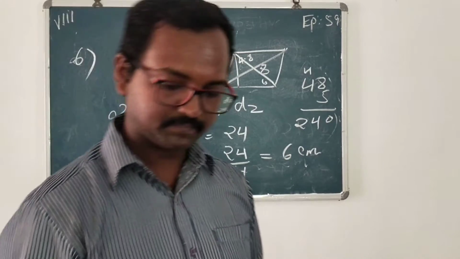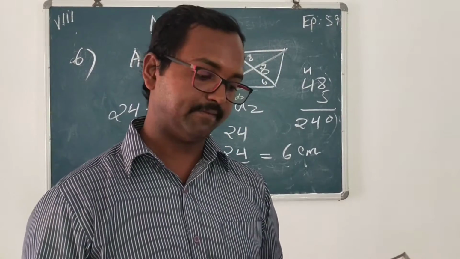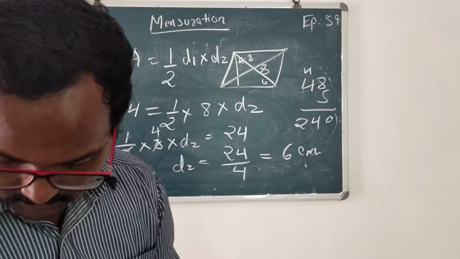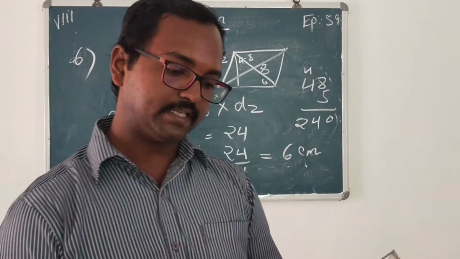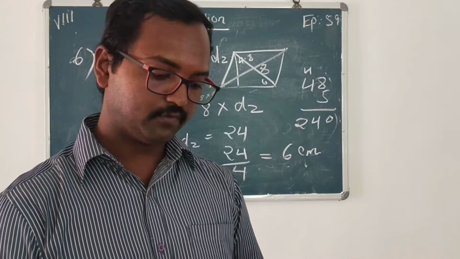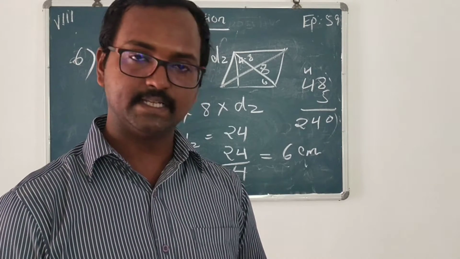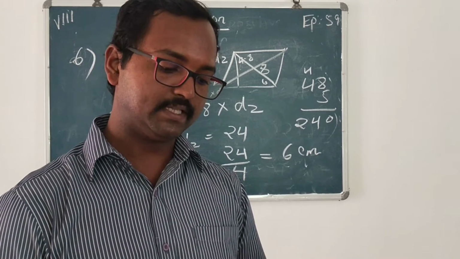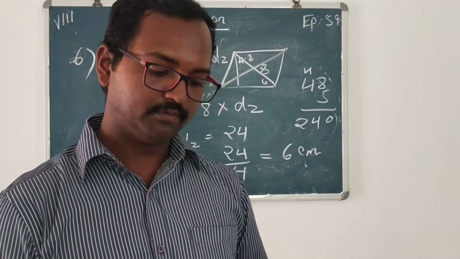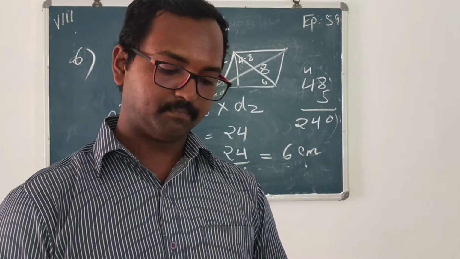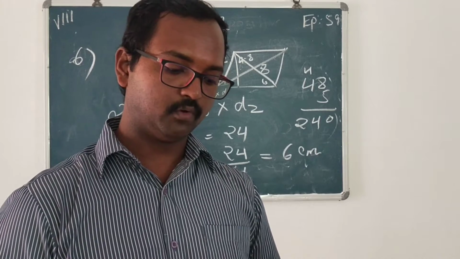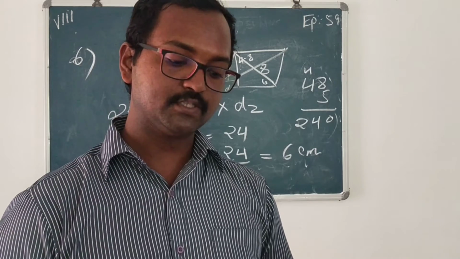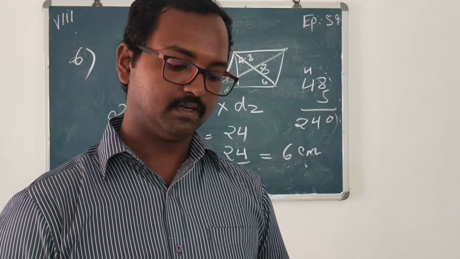Now students, look at question number 7. The floor of a building consists of 3000 tiles which are rhombus shaped. Each of its diagonals are 45 centimeter and 30 centimeter in length. Find the total cost of polishing the floor if the cost per meter square is 4 rupees. So the very first thing that I have noted is the cost of polishing the floor if the cost per meter square. So it is given as meter square and the measurements of the rhombus are given in centimeter.